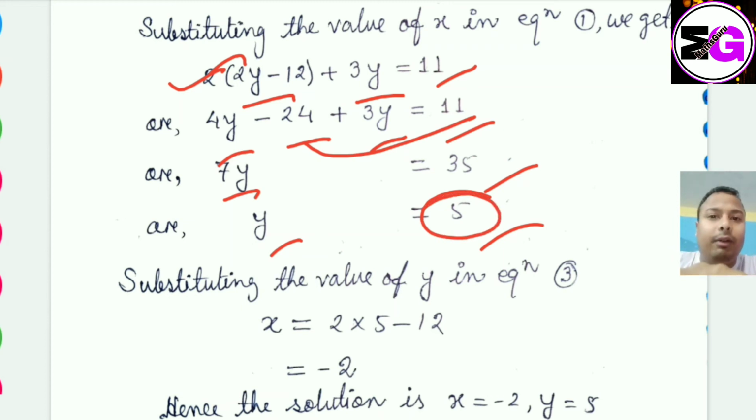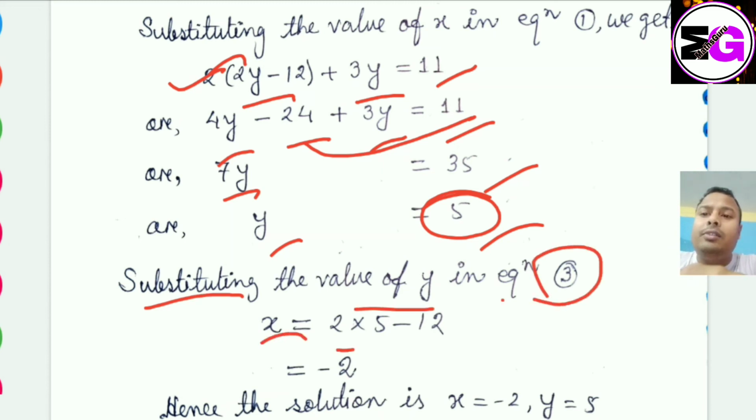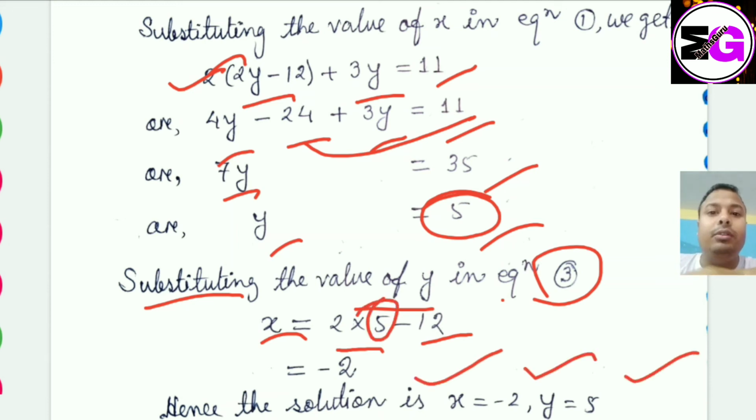After that we have to put this value of y in equation 3, মানে আমি x ৰ ভ্যালু এটা পাই যাম. So substituting the value of y in equation 3, x is equals to twice y minus 12, আসলে না, so y জায়গাত আমি 5 পুট কৰিলো, so 2 fives are 10 minus 12 is minus 2. So these are the solution of the given pair of